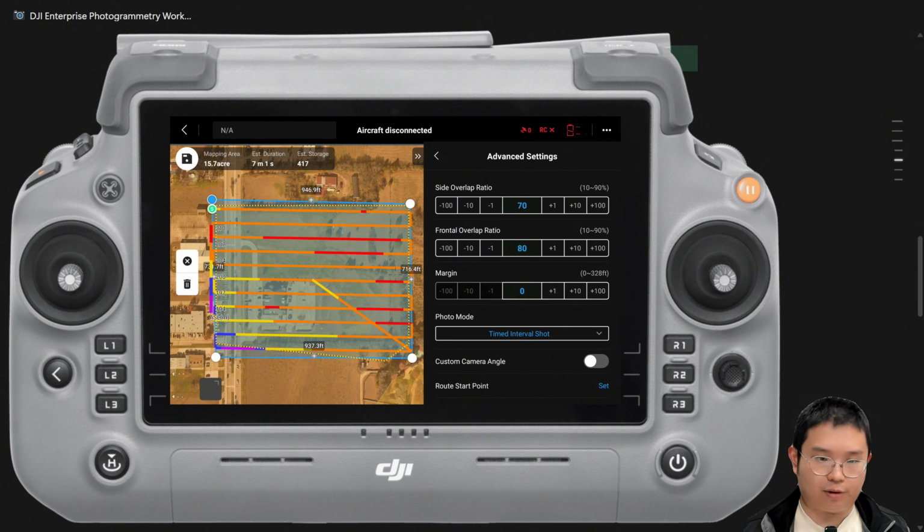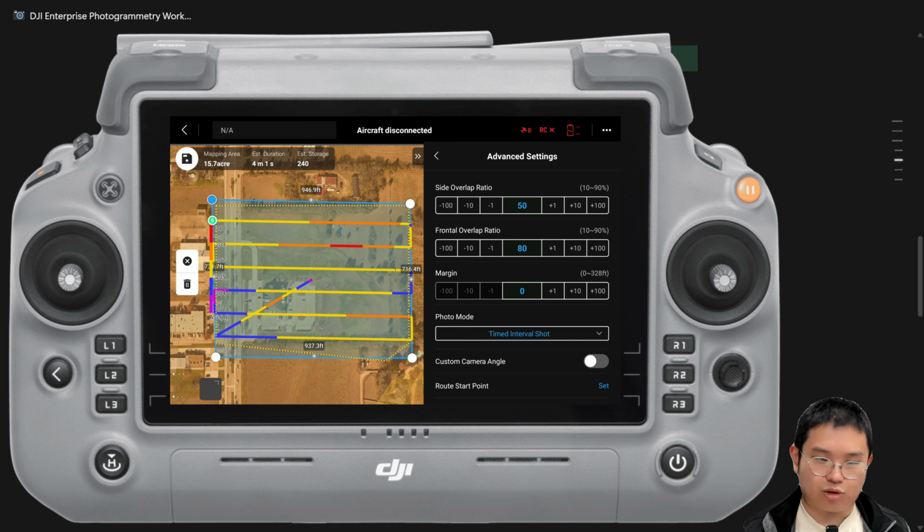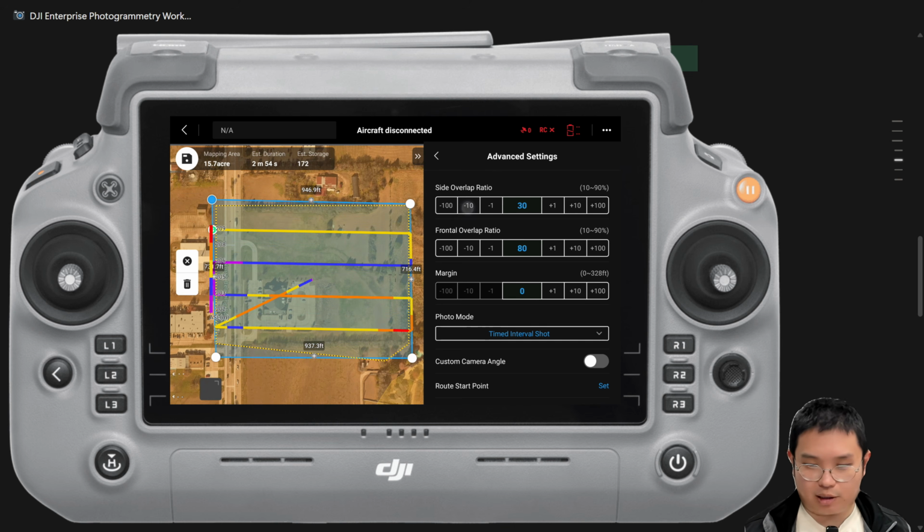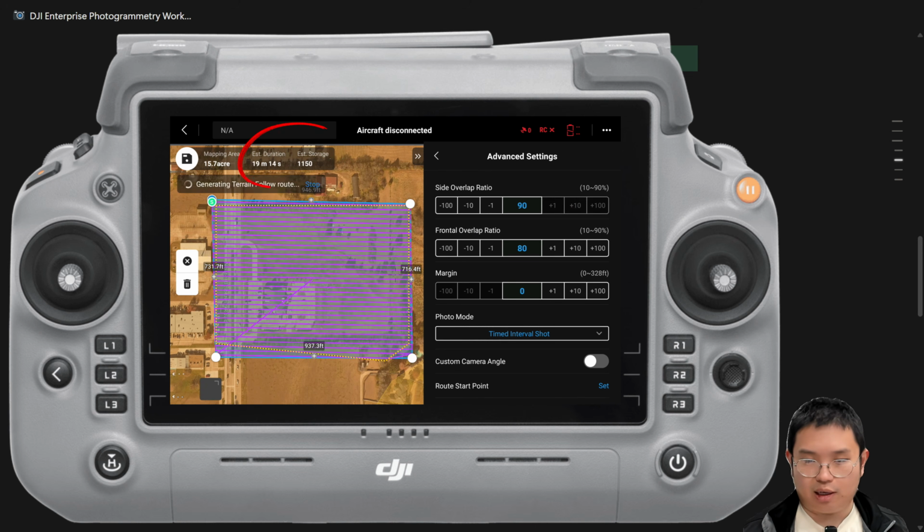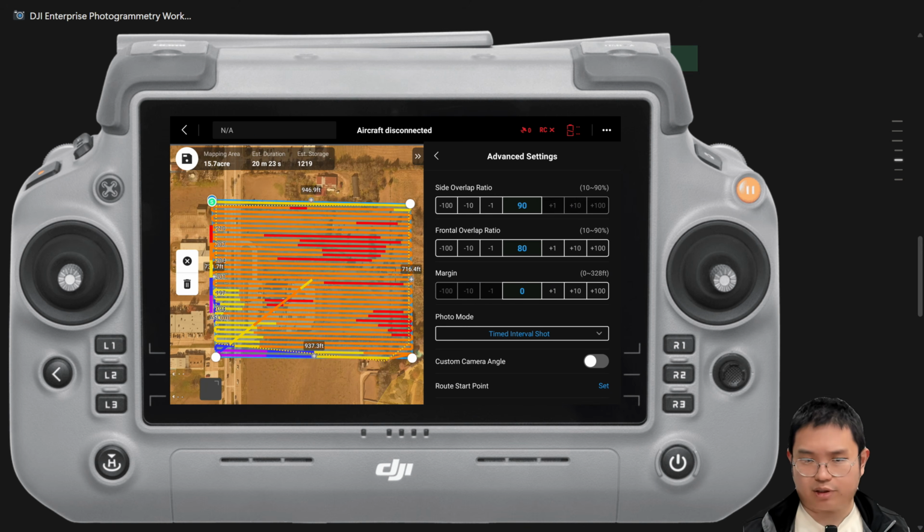If you're using terrain following, this is something you can reduce slightly. If you're operating at an area that is relatively flat in terms of the elevation, you can significantly reduce that side overlaps from 70% to 30% or 20% even. Having more overlaps generally is good. However, if you set overlaps ratio too high, that's going to cause the flight to be significantly longer and capture a lot more data. And vice versa, for vegetation, high oblique structures like urban area with skyscrapers and complex terrain,